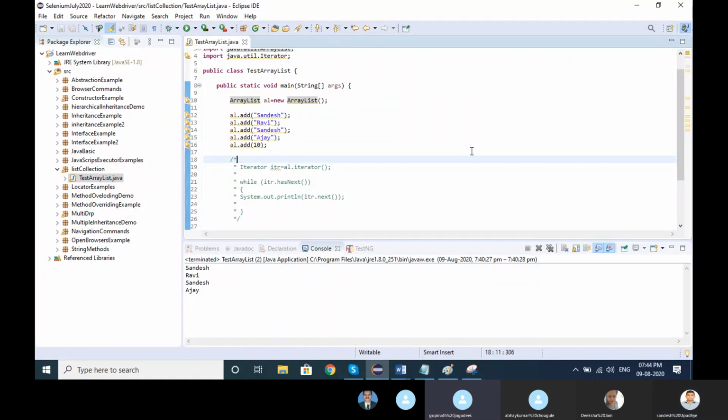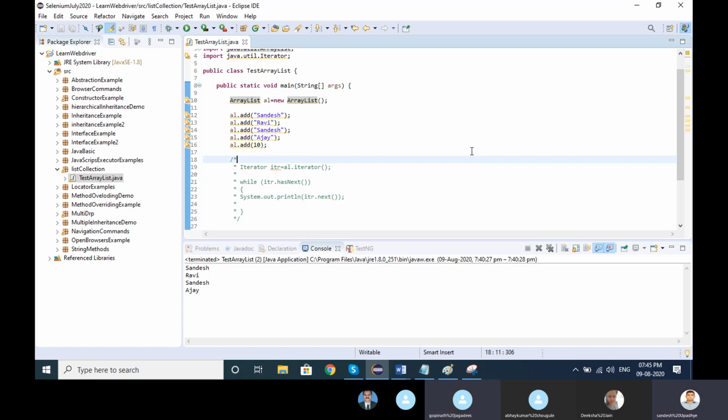Can that generic accept all the data types, like String, Integer, Character, or only a few? All data types. Whatever data type you want to add, you can add that data type. At a time, we can use only one data type, right? Correct. If we want to mention characters, we can go with String. Else, if we want to go with integer, we can mention the generic as Integer. That is called the generic.